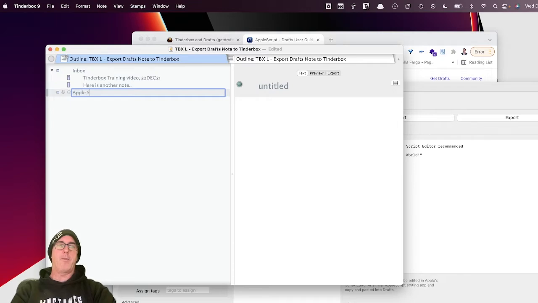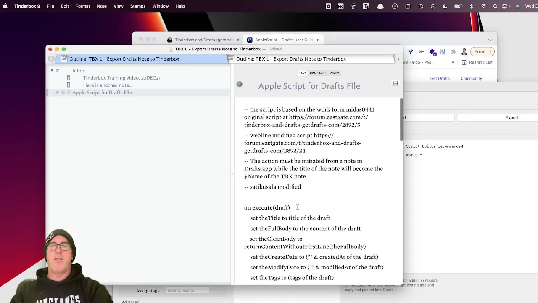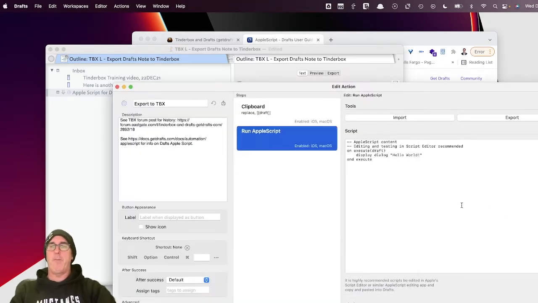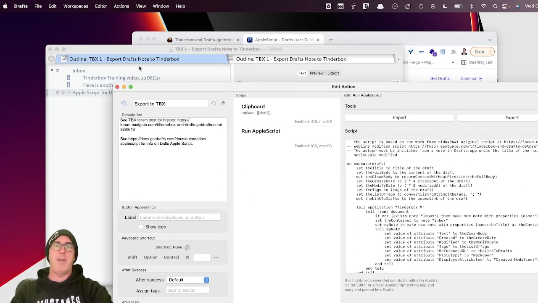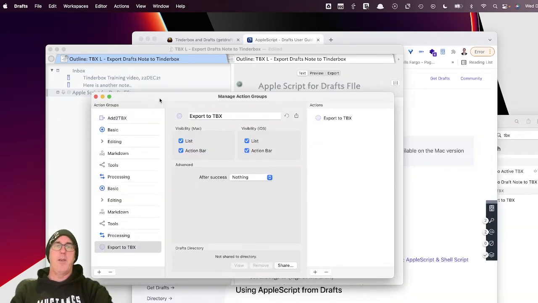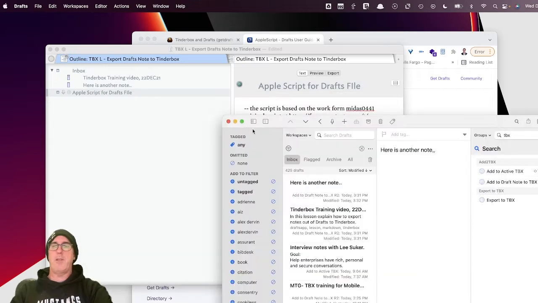Spell it right. AppleScript or drafts file. Okay, and we'll go ahead and paste that in. So there's the AppleScript for the drafts file, and we're going to paste it here as well. Okay, and so we pasted that in. We close this, and we close the actions, and now we go back to our drafts, and you'll see that